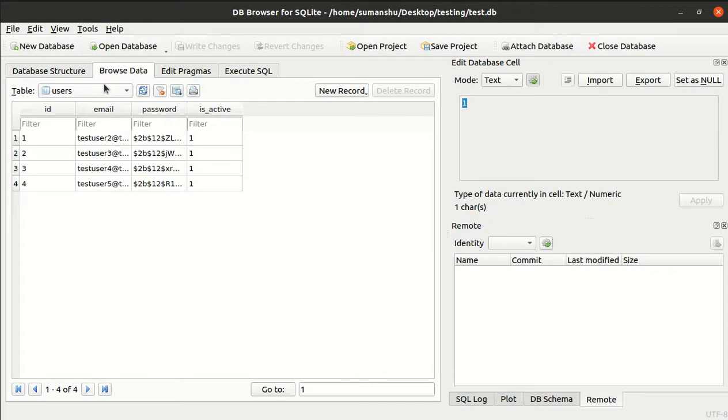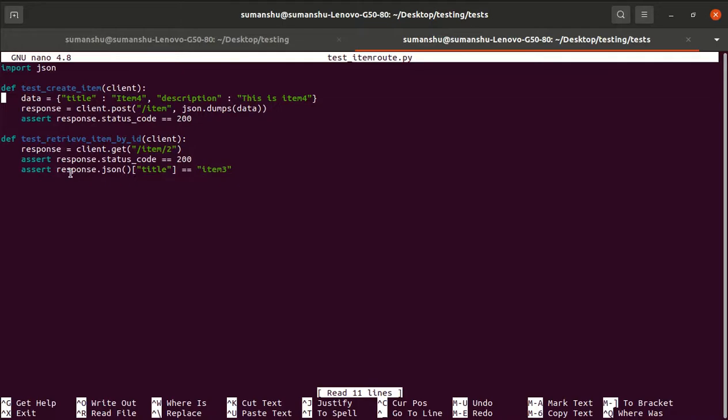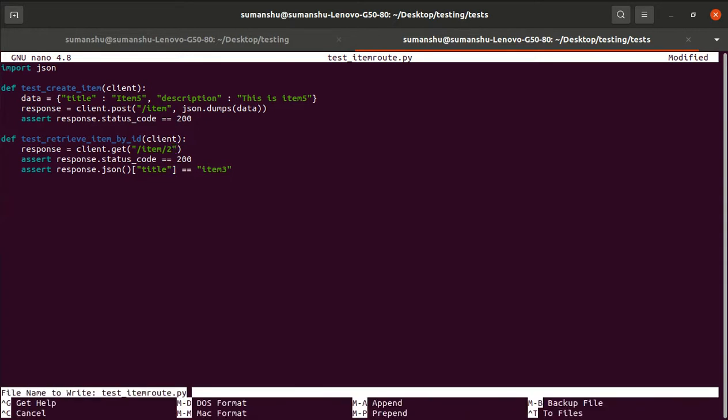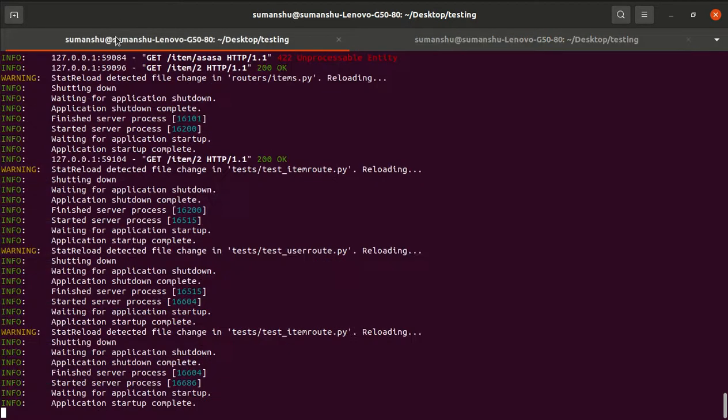Now let me check the items table. Item number 1, 2, 3 exist, item number 2, 3, 4 exist, so let me insert 5. So this is item number 5, and yeah, fine, so 2 exist.